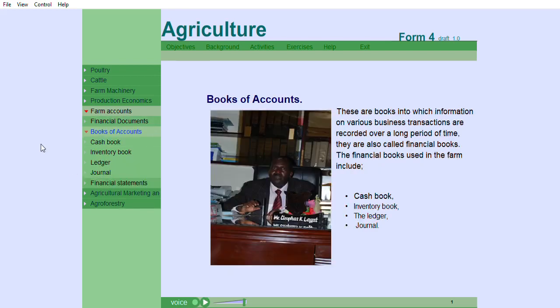Books of account. These are books into which information on various business transactions are recorded over a long period of time. They are also called financial books. The financial books used in the firm include